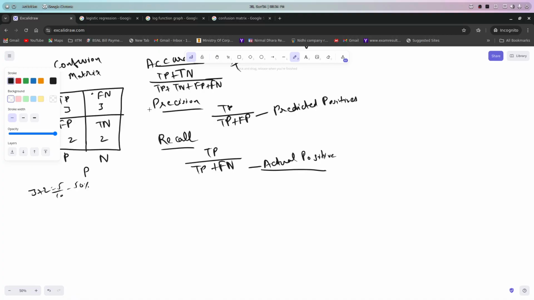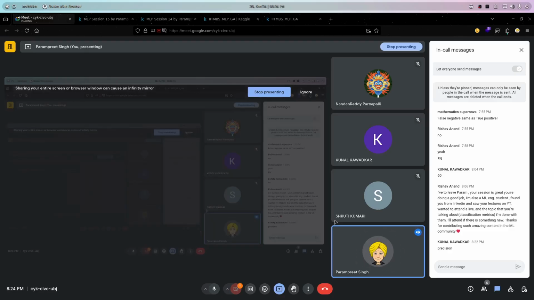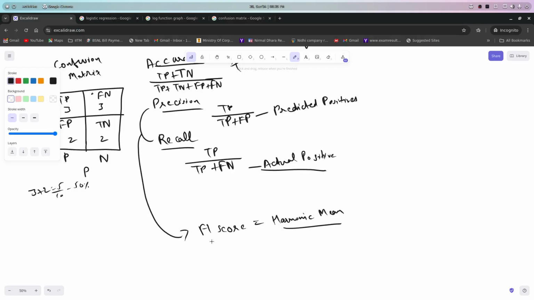Now based on these two metrics, we have one more metric which is the F1 score. What is the F1 score? It is simply the harmonic mean of these two metrics, okay. Given this is the precision and this is the recall, you have to find the F1 score, that is the harmonic mean. Harmonic mean का formula simply क्या है, that is